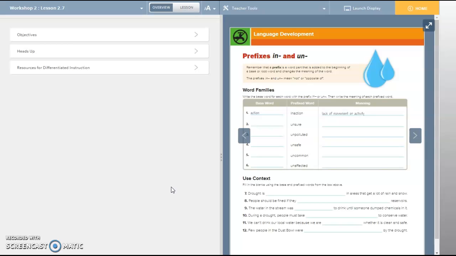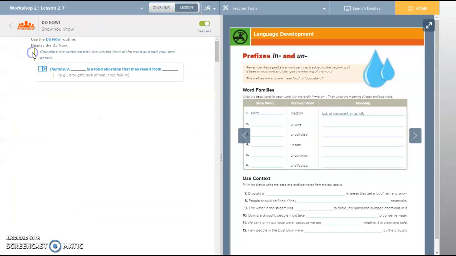Okay, today this is the lesson for December 8th, 2020. Yesterday you guys all did a pretty good job of working with cause and effect. Okay, thanks for getting those turned in.